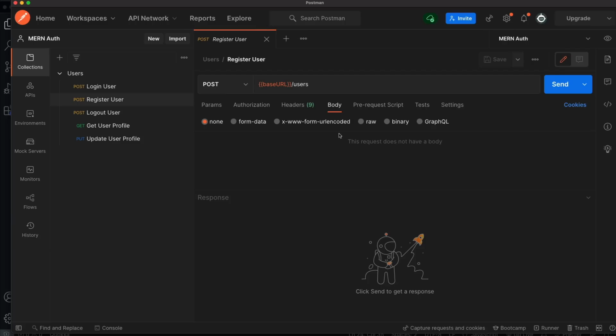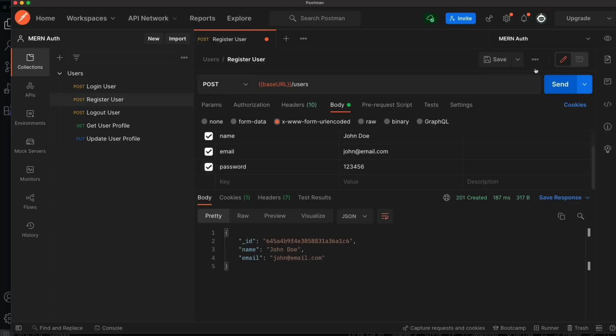So let's go into Postman, go to our register route, and in the body, I'm going to have name, which I'll say John Doe. We're going to have email, which I'll do john@email.com, and then password, which I'm just going to do 1, 2, 3, 4, 5, 6, but it should get hashed because of that middleware in the model. So let's say send, and we get back a 201 created, and it gives us the ID, the name, and